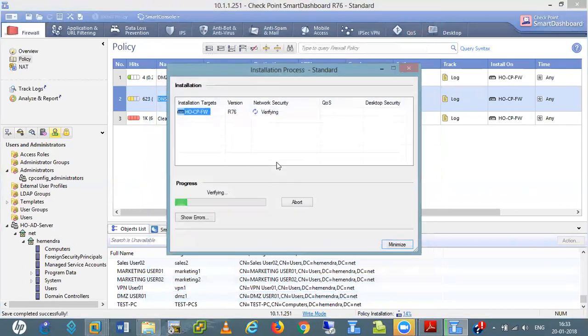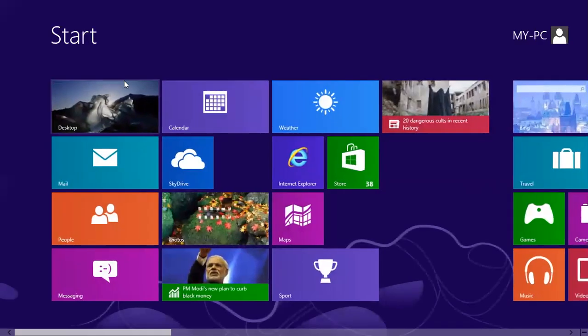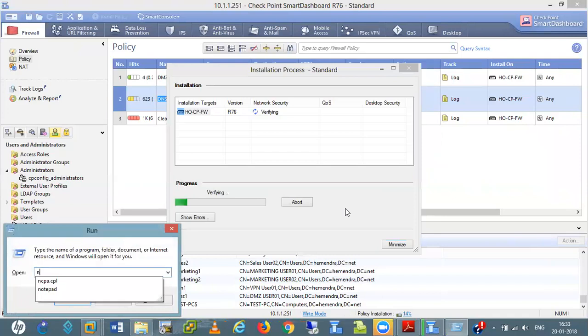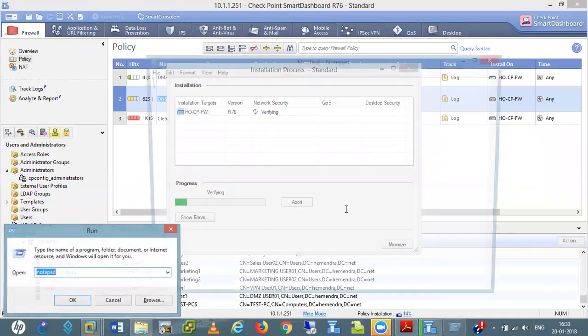Okay, these are the steps. First, we enable this thing. After that, we add the users. After that, we create the access role. I will write the steps for you. Okay. If there is a notepad, anything is there, it's very good. Yeah, not bad.